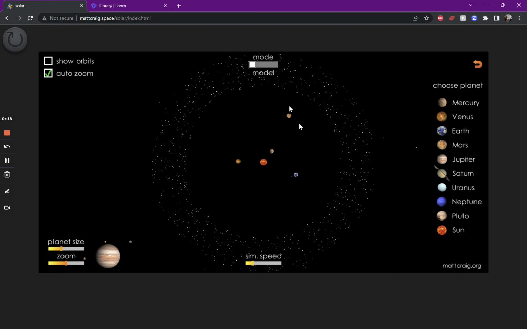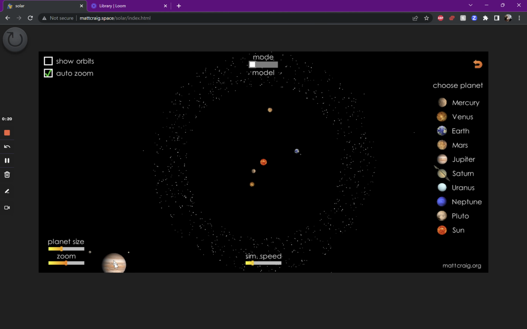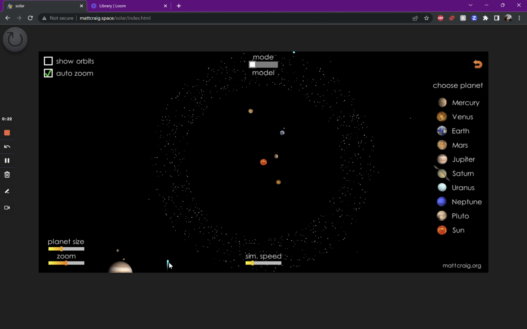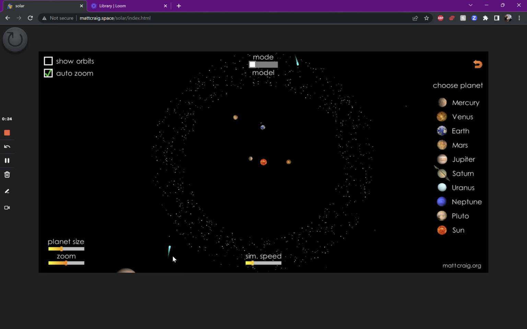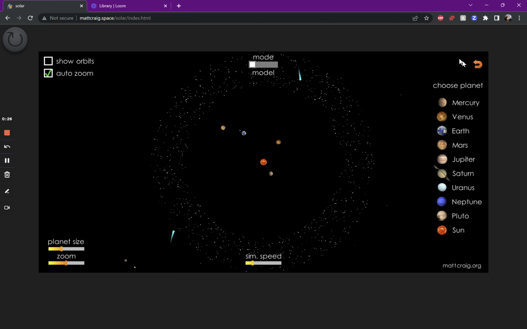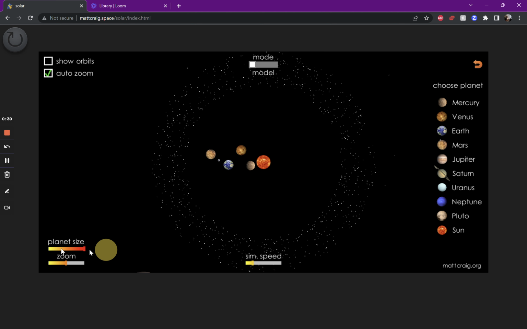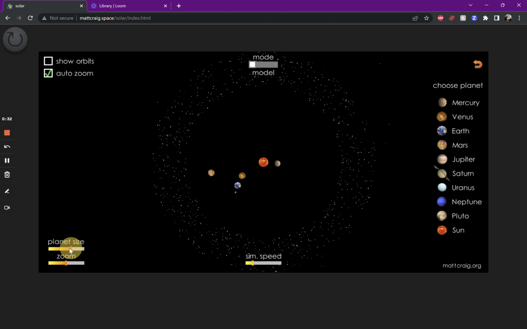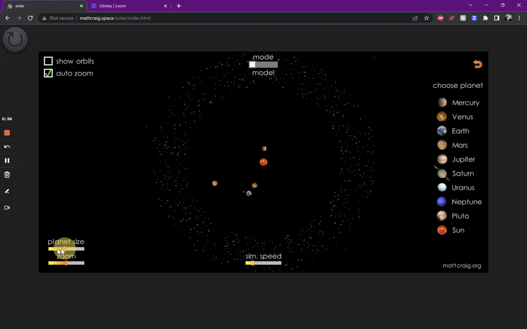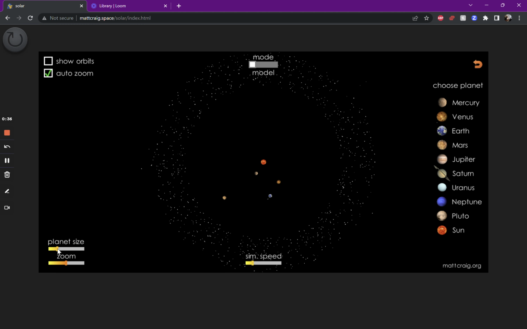It's really just showing the inner solar system up to the asteroid belt, although you can see Jupiter here. Here's a comet, this little blue thing I threw in. Sometimes the comet's orbits decay a little bit, and you can just hit reset to get those comets restarted. You can adjust the planet size in here. Of course, I can't show the sun at its actual size, but I did try and show the planets at